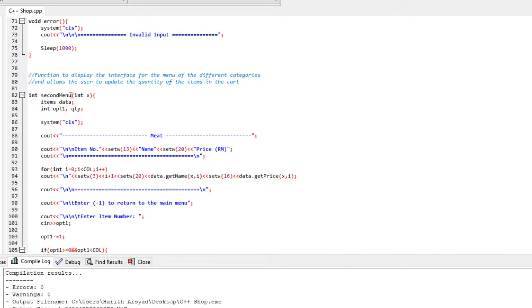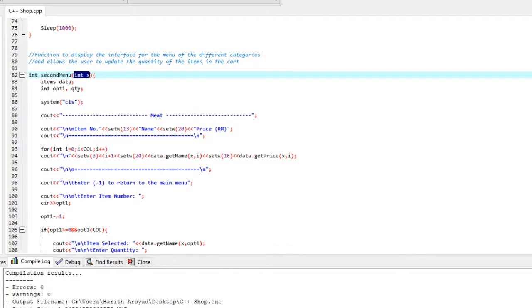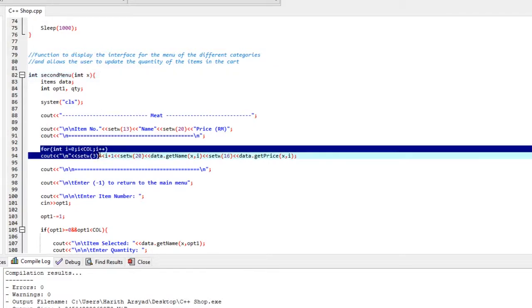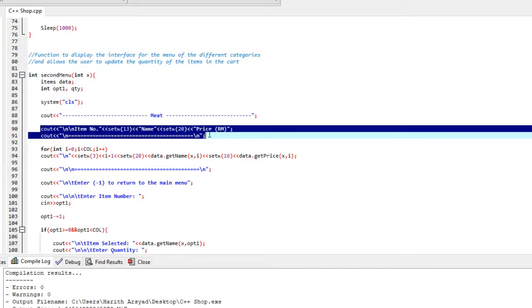The second menu function will take in int x. Int x is the option that the user input, and this will give us the category that the user put in, and in this will build up